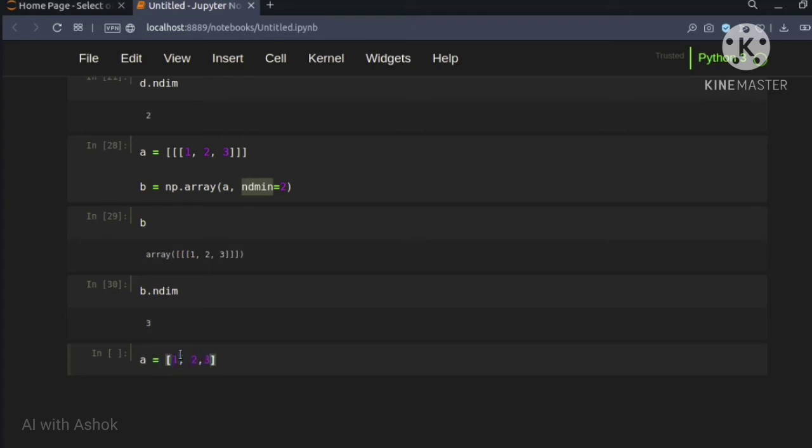So this is an integer data type. I am going to convert this list into a NumPy array of complex data type. Let's see how to do this. b is equal to np.array of, I'm going to pass this object. a is going to be our object, and then our data type is going to be np.complex.